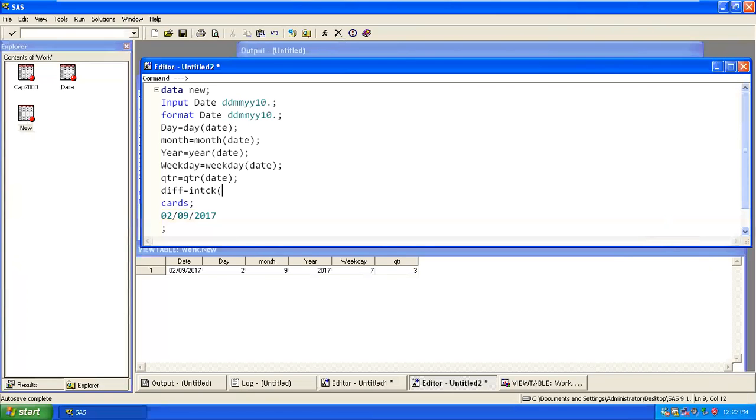I wanted to calculate in terms of year. And I should have this as a date, which we already have over here. And we should have another date, which is nothing but today's date, 02 SEP 2017.